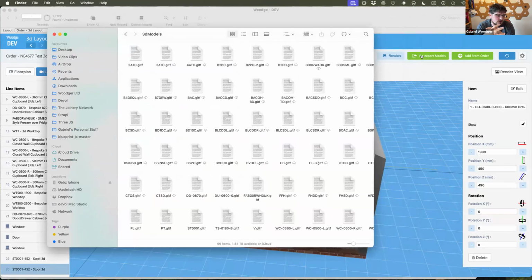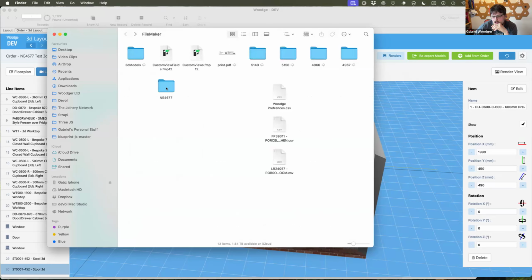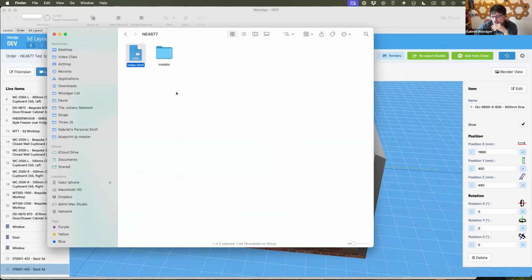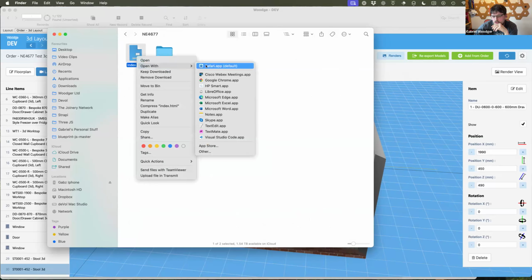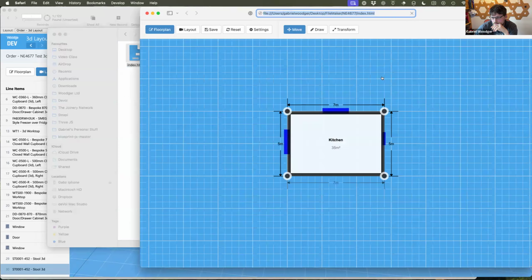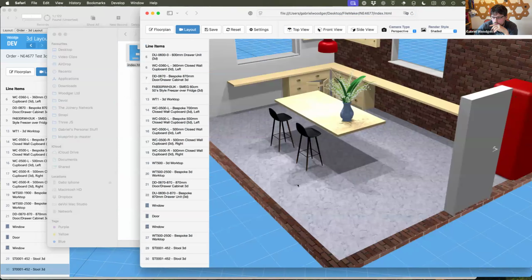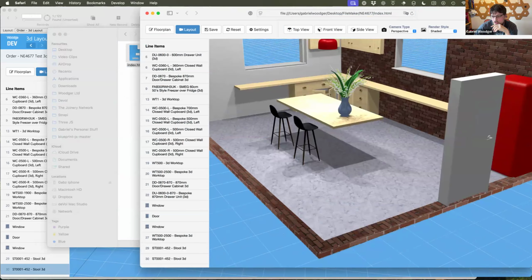If it's in the temp directory, then at some point it may be gotten rid of. But actually what it allows them to do is, because what's loaded in here is just an index file, this actually is the same model as what's inside FileMaker.